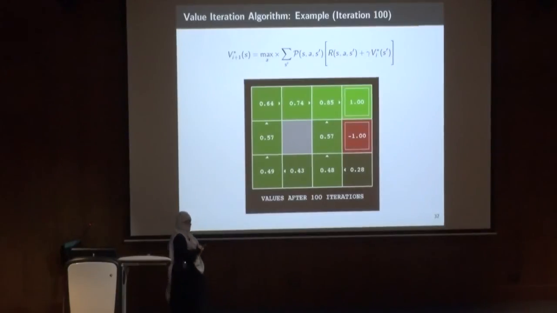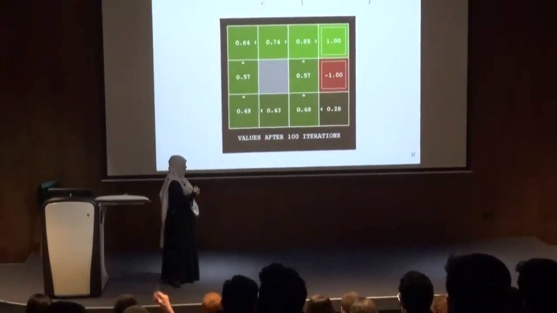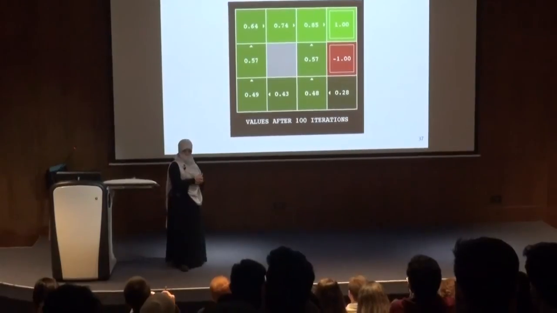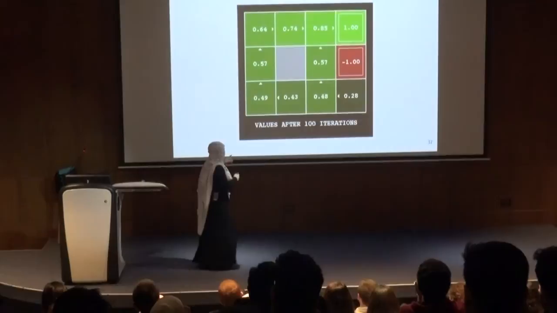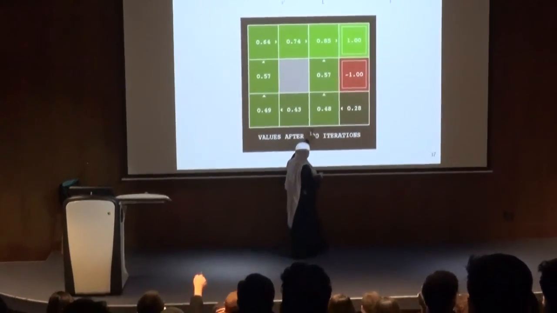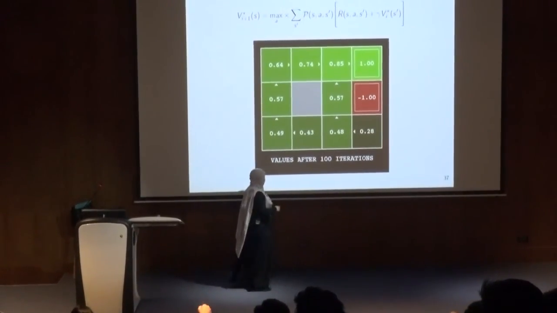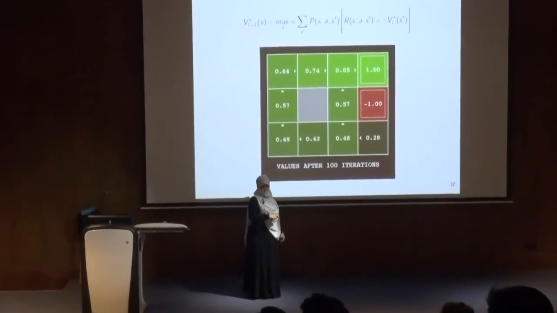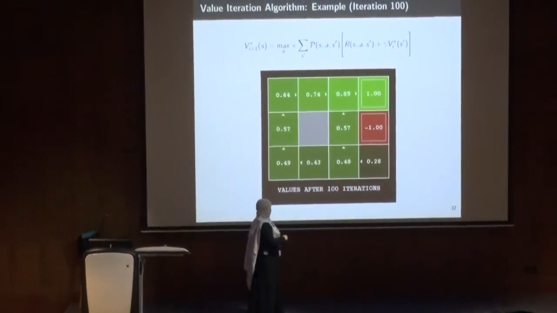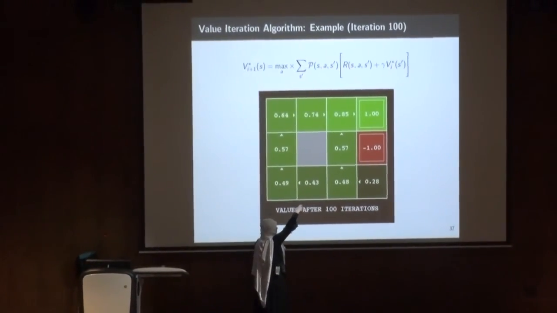Yes? Isn't it a bit awkward that if you were on the tile 0.48, the best thing to do is to go up? And if we were on the 0.43, the best thing to do is to go left. On the 0.48 and the other one, which is it? This one. To the left. The best thing to do is to go up, right? Yeah. Okay, so in 43, the best thing to do is go left probably because there is the danger of falling. Okay, so why didn't we then, in this case, at 48 go to the left? 48 is very close. I mean, with 2 tiles, you'd reach 1.